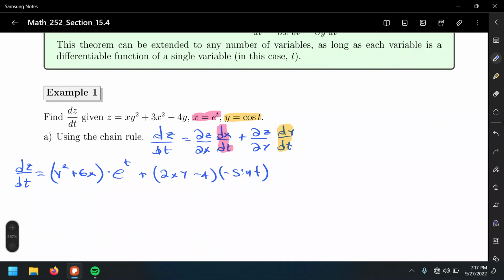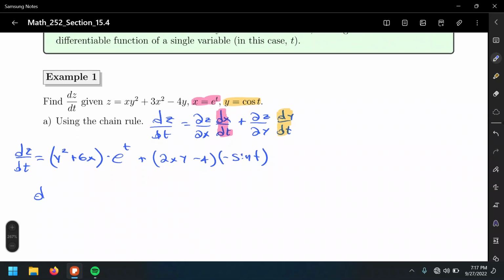We already have some terms and factors containing that variable z. All we have to do now that we're done differentiating this, we need to replace x's and y's with whatever corresponds from what we're given. So dz/dt will be y quantity squared, which in this case is cosine squared t, plus 6x, which in this case is e to the t, times e to the t,